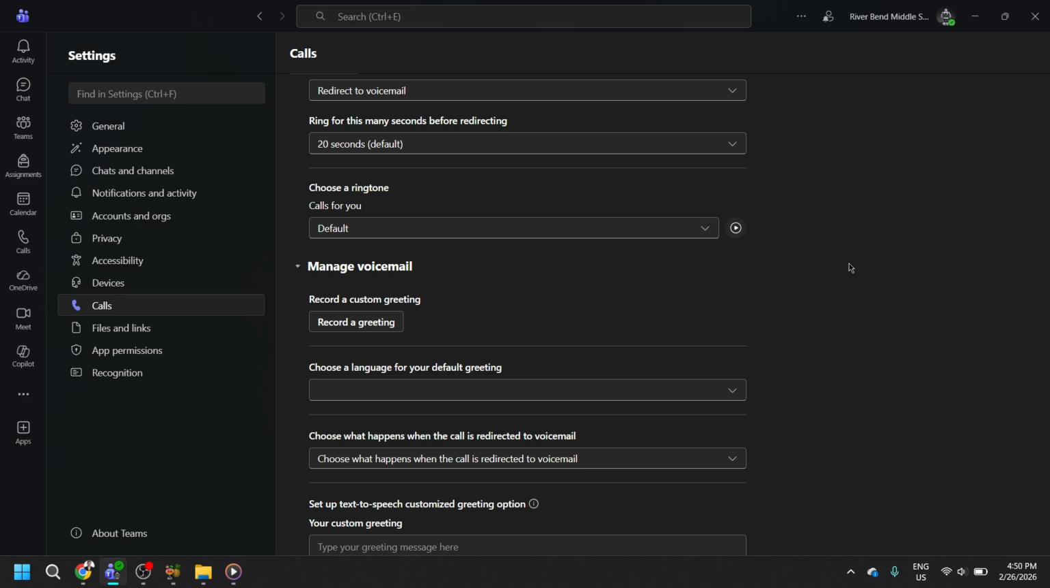Once you're ready, click the Record button, speak your message, and then stop the recording. You'll usually have the option to play back your greeting to ensure it sounds good before saving it. A clear, custom greeting makes a significant positive impression on callers,